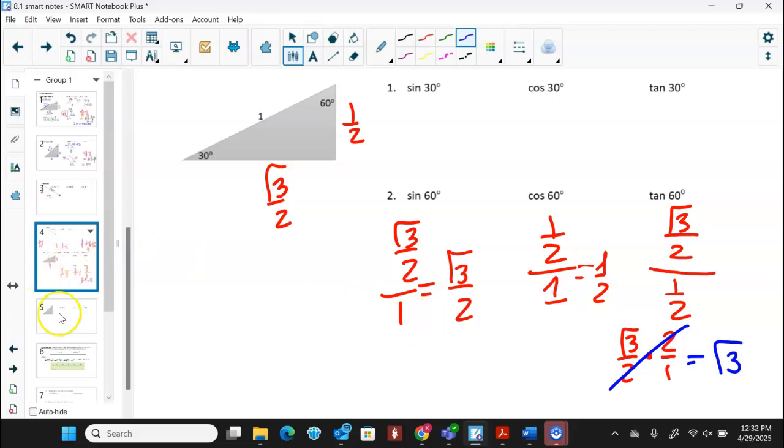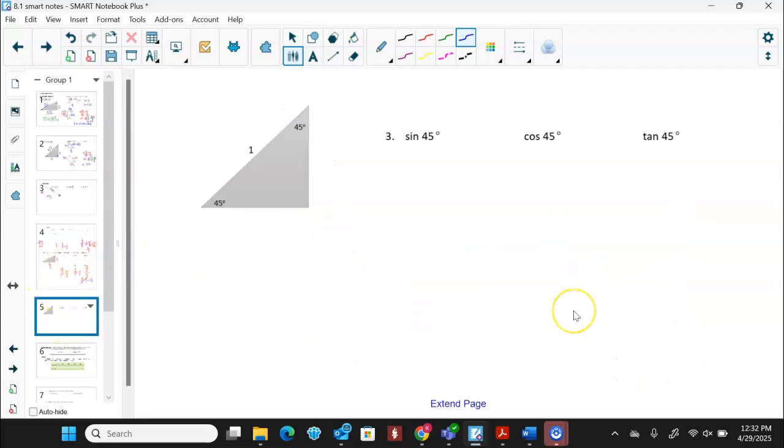All right, and then we're going to move on to a sine of 45. So again, sine of 45, that is opposite over hypotenuse. But we first have to figure out what are our sides. So remember that this is x and this is x. Now, this is 2x, okay? I'm sorry. This is